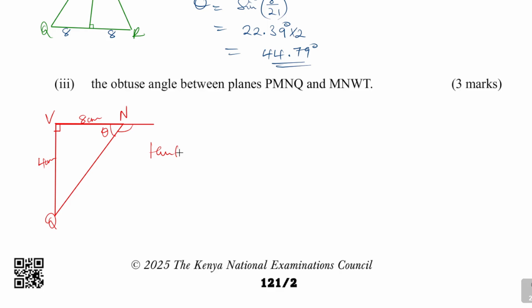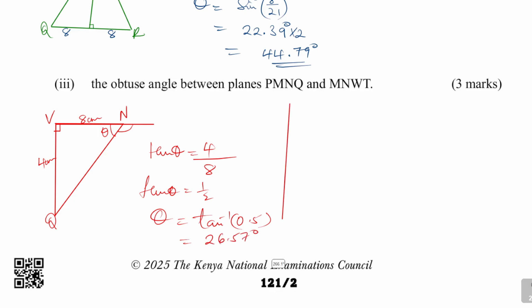So tangent of theta is equal to opposite side, which is 4, divided by adjacent. So this is the same as tan of theta is equal to half, and theta will be given by tan inverse of 0.5. 0.5 is the same as a half, and this will give 26.57 degrees. Now once we get that, because now we have this angle,